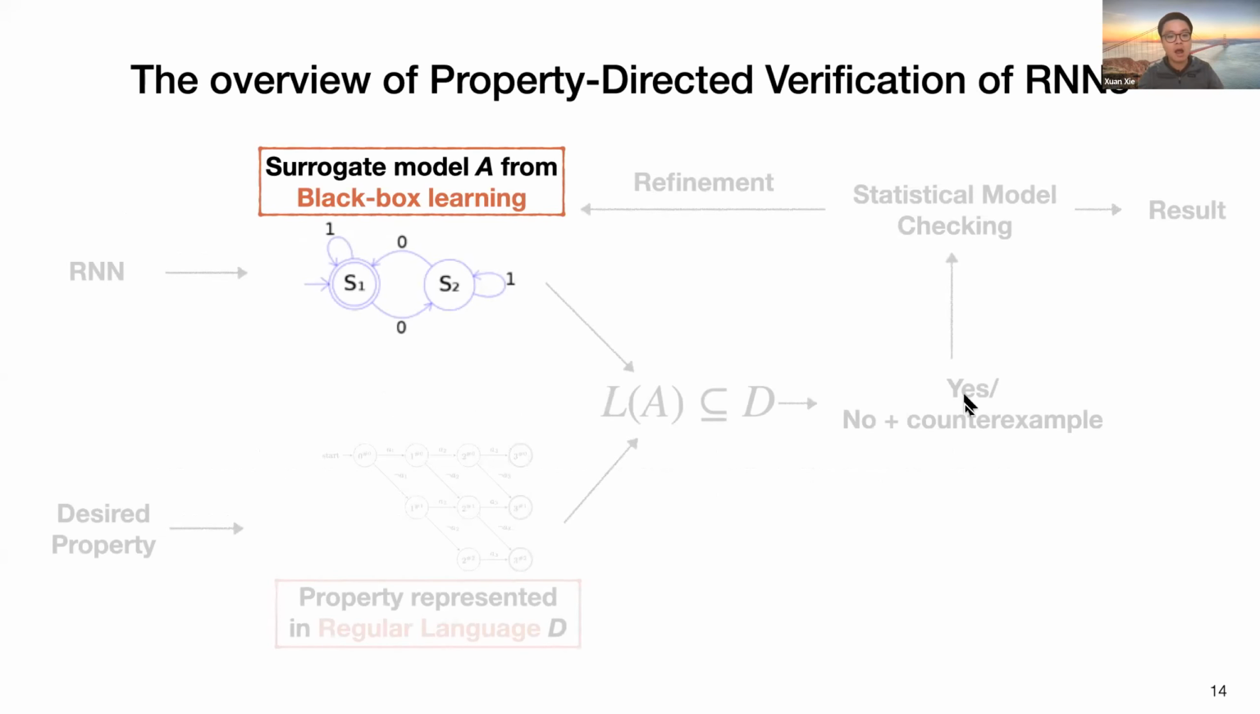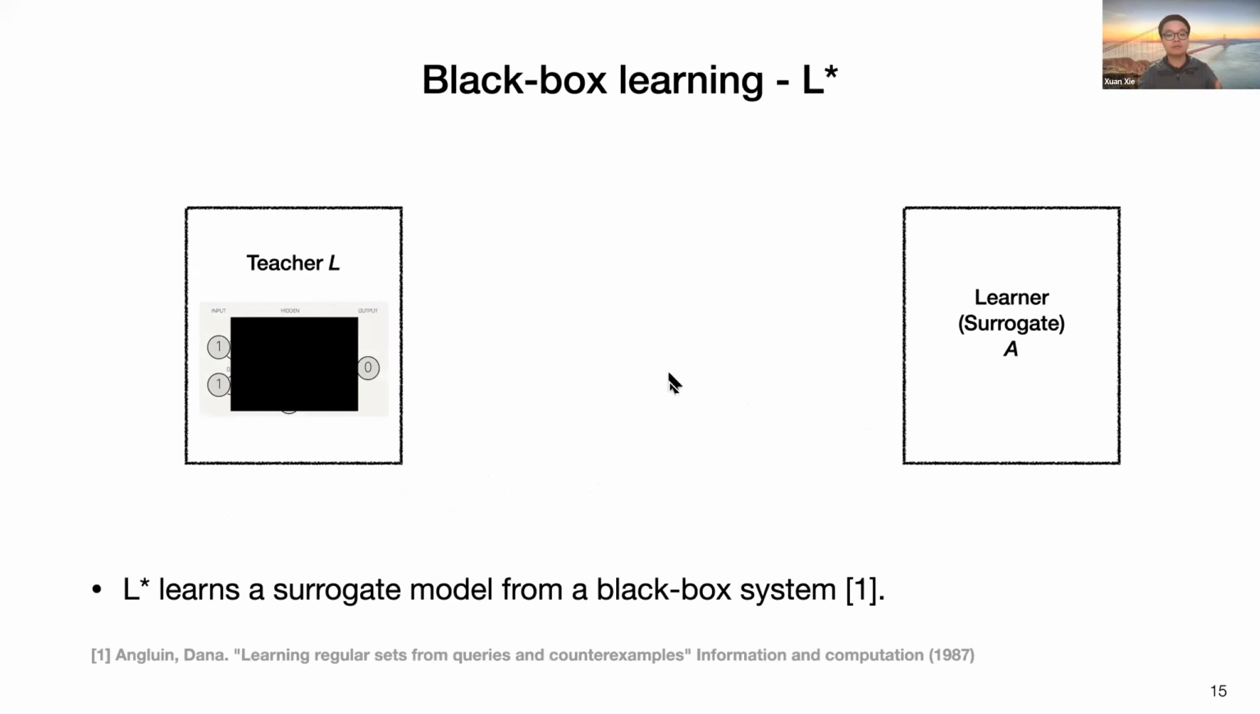Let's then look at how we perform black box learning to extract the surrogate model. For our black box learning, we leverage an active automata learning algorithm, L star, which is a learning procedure involving a teacher and a learner. The teacher in our setting is the neural network, and the learner's goal is to learn a finite state automaton. The goal of L star is that the learner learns a target regular language from the teacher and outputs a unique minimum automaton A, such that A is equal to